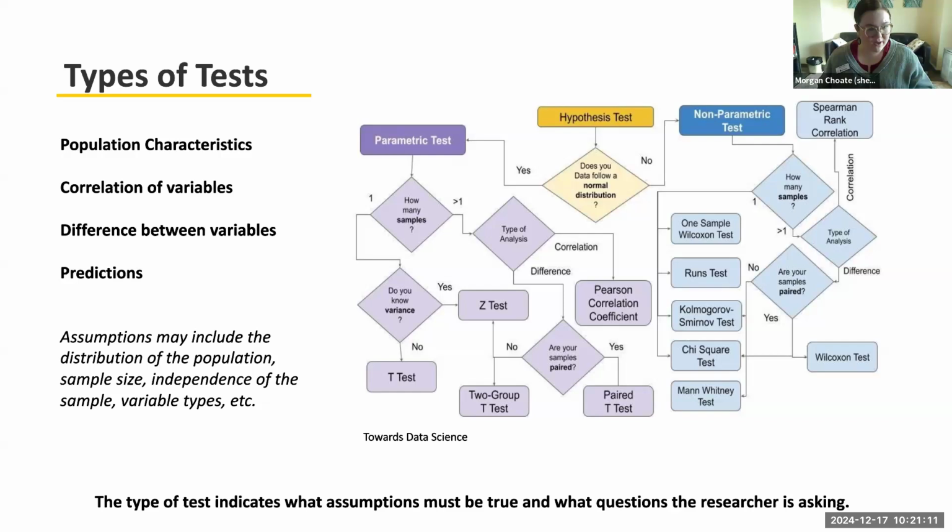So when someone names a specific test, they're indicating not only the goal of their question and what they're investigating, but they're also indicating all of these conditions that they have met, so to speak, or you have to assume that they've met these conditions. Unless they specifically state they have, you can't know for sure, but by them running it, it can be assumed that they have met all of them. That being said,